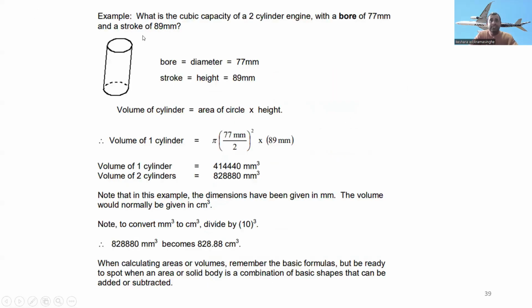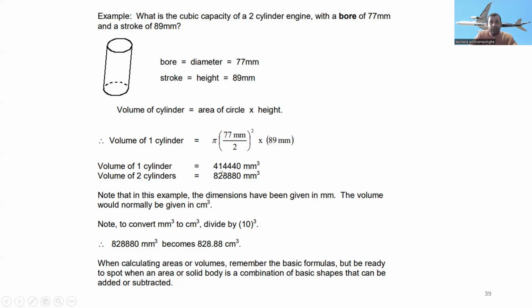And now an example: what is the cubic capacity for a 2-cylinder engine with bore of 77 mm and stroke of 89 mm? Let's see. Here the bore is the diameter, 77 millimeters, and the stroke is the height, 89 millimeters. So now first we have to calculate the volume of the cylinder, area of a circle into height. So volume of one cylinder, area of a circle we can calculate as π into d divided by 2, squared, where d is 77 millimeters, into height 89 millimeters. So the volume of one cylinder is